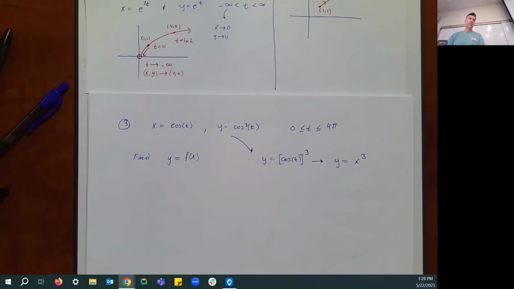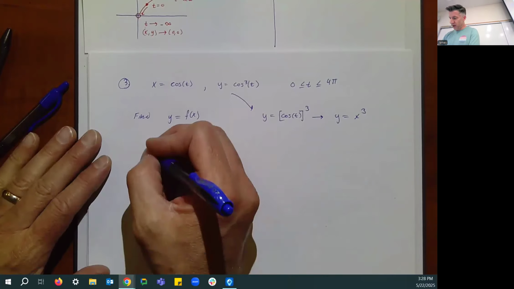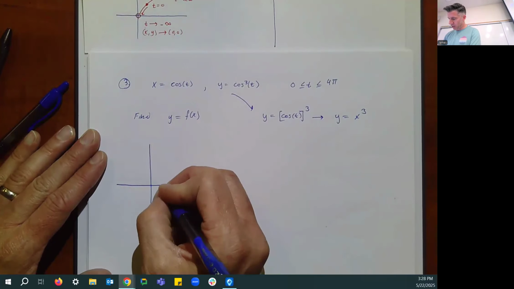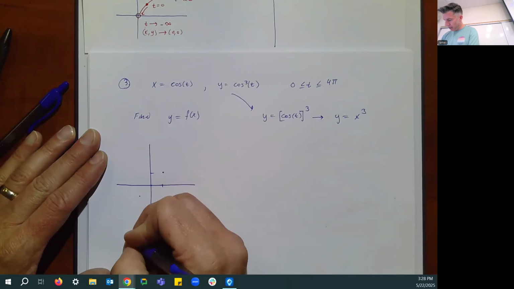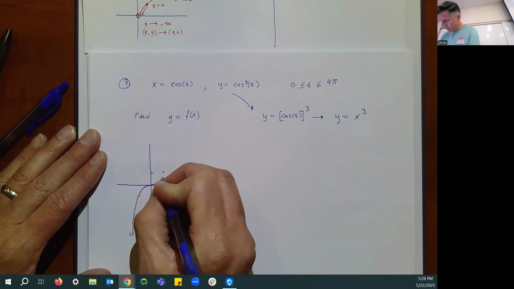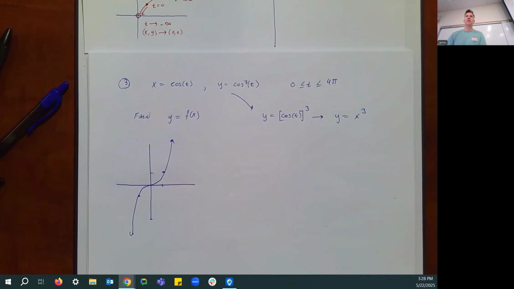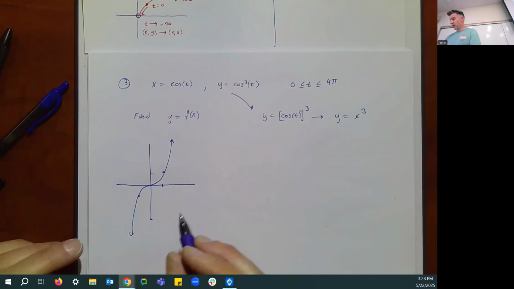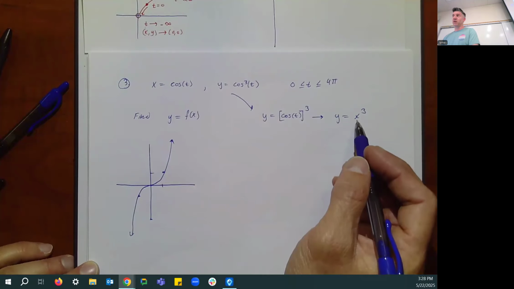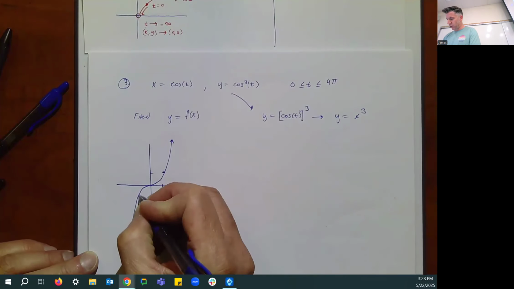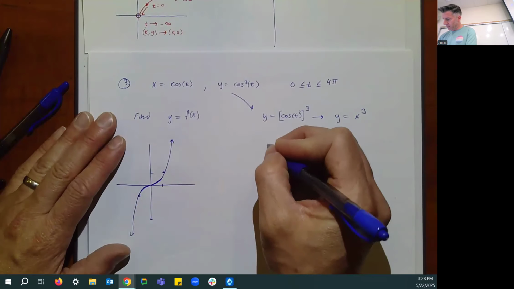So I'm getting y equal to x cubed because x is cosine and y is the cube of cosine. I'm going to be careful though, because I'm definitely not going to get the entirety of the cubic function. Why not, you say? Well, because what's the largest value cosine can ever have? 1. What's the smallest value it can ever have? -1. So we're limited. x can only be as big as 1 and as small as -1. So really, we're just getting this portion of the cubic graph